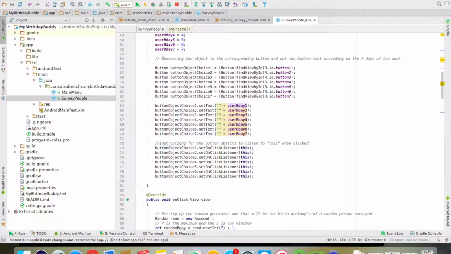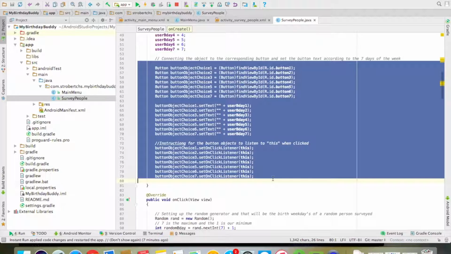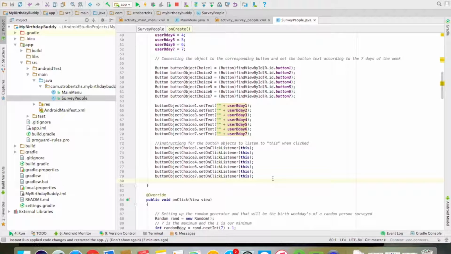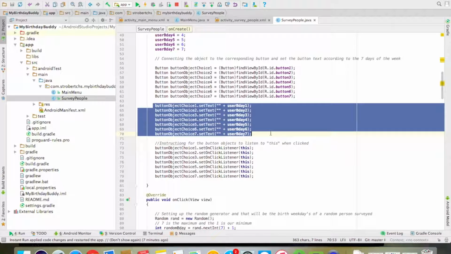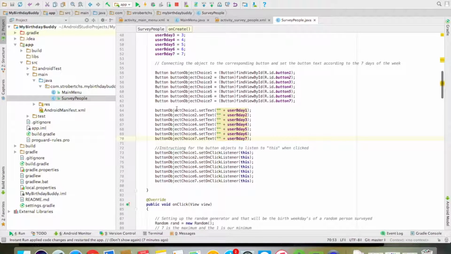And then next we have 3 chunks of code over here, and it's all relating to the button choice. First, it sets the button object choice to the ID of the buttons that I put in the XML file. The second chunk of code tells it to display what kind of variables that I've put over here, and then lastly the third chunk of code tells it to